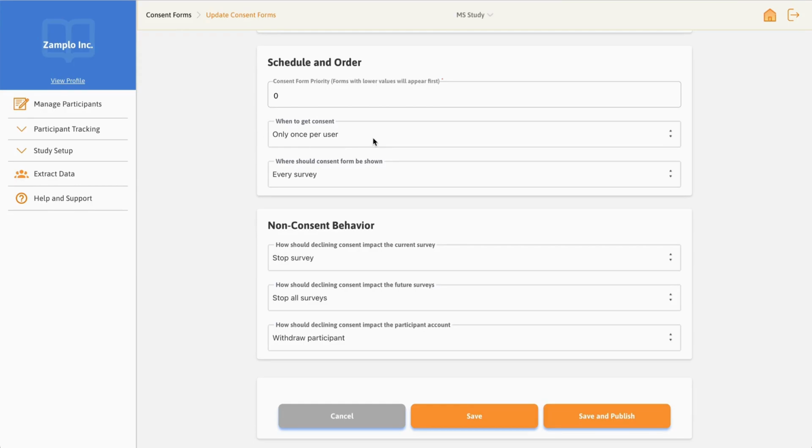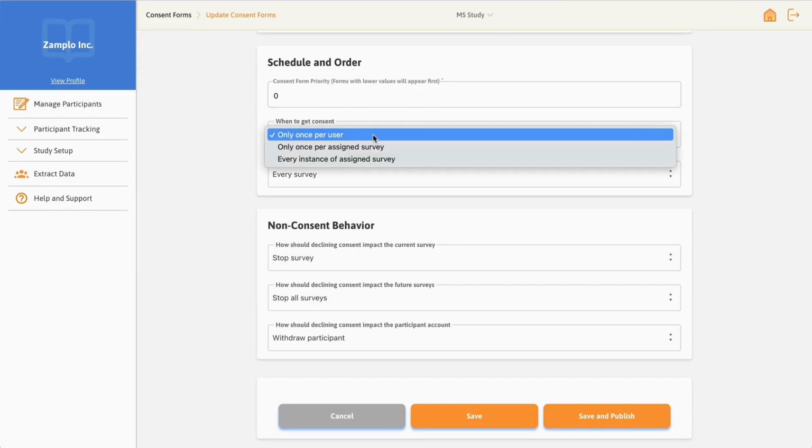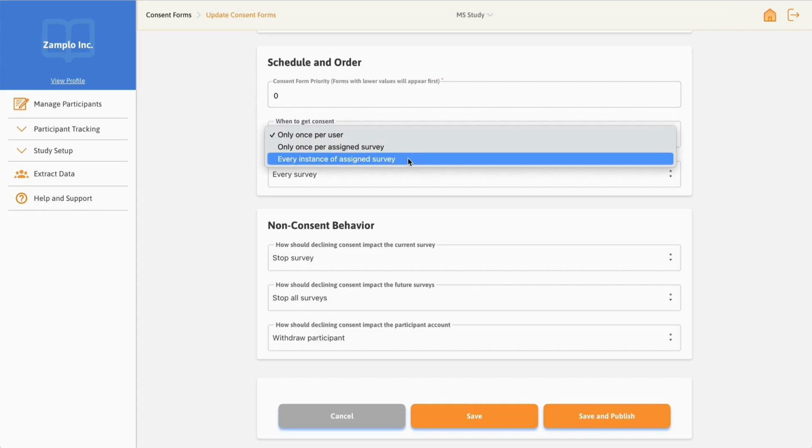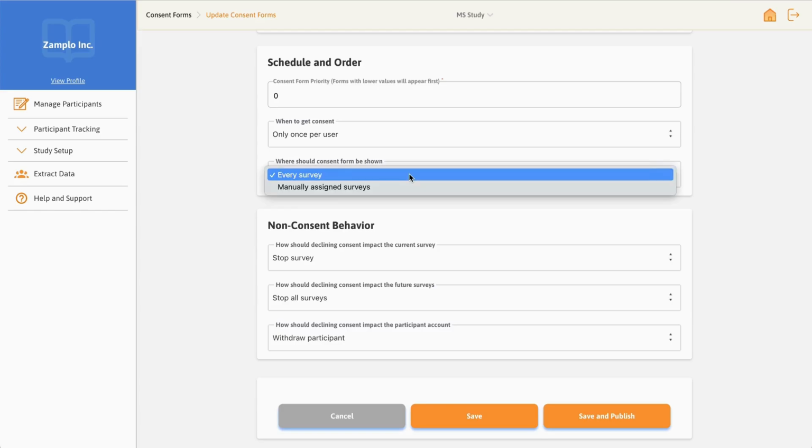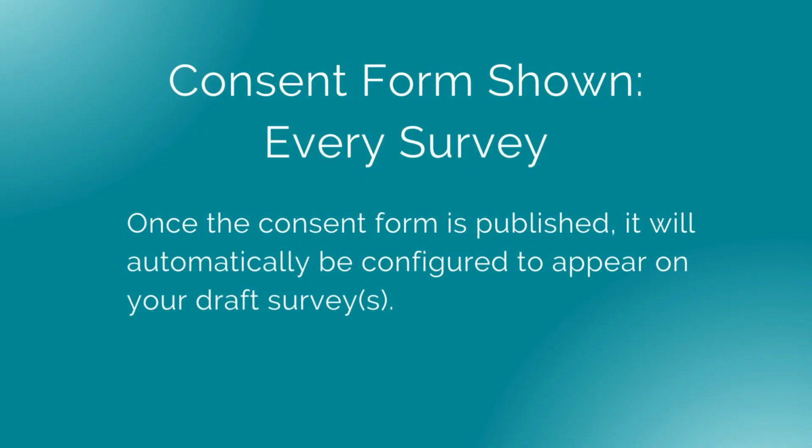Select when to get consent: only once per user, only once per assigned survey, or every instance of assigned survey. Select where the consent form should be shown. Every survey. Note, if you select this option, once the consent form is published, it will automatically be configured to